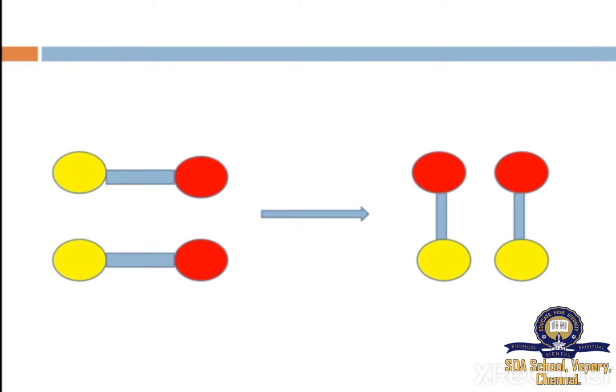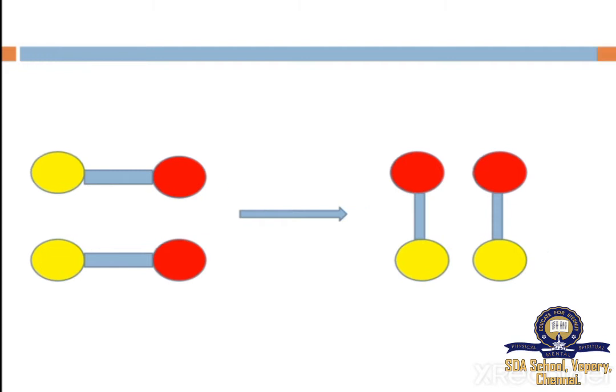In order to form this product, what should we do? We should break the bonds and form the new bonds. So, now between bonds and intermolecular force of attraction, which one is stronger? Yes, chemical bonds are stronger. So, breaking and forming of bonds are not easy. We have to help the intermolecular force of attraction to overcome the chemical bond to form the desired product, right? For that, we need to give some energy.